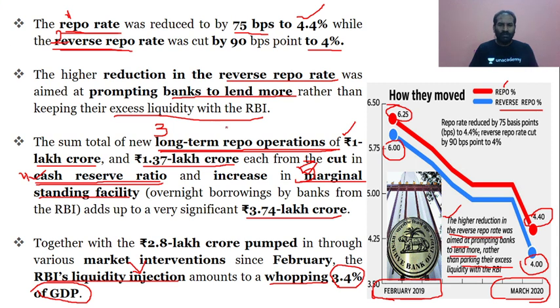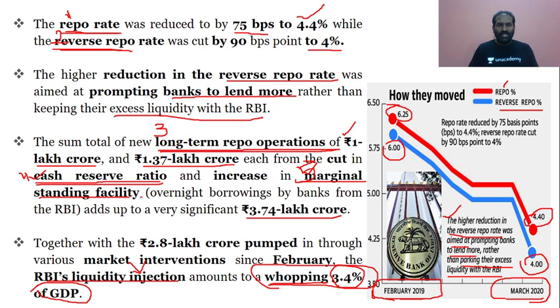So what are the methods? That is repo rate, reverse repo rate, long term repo operation, cash reserves ratio, and then marginal standing facility. So this is very important. And again, in regards to the factual data,